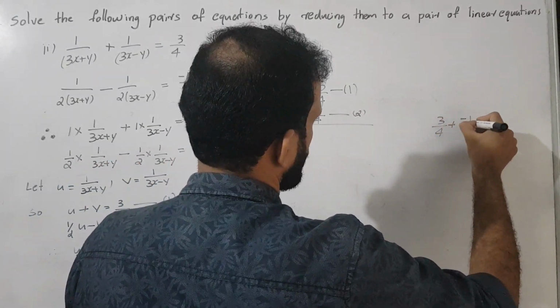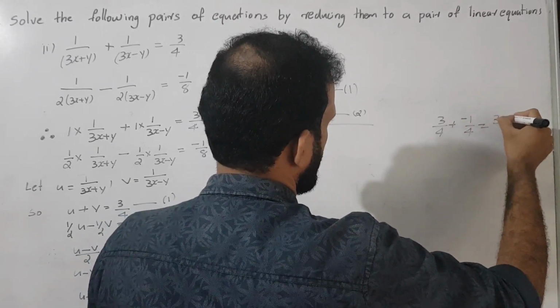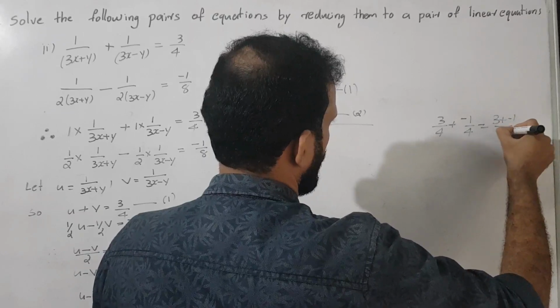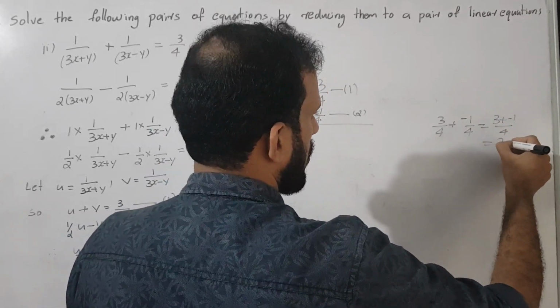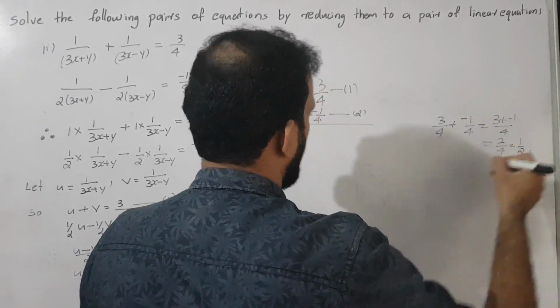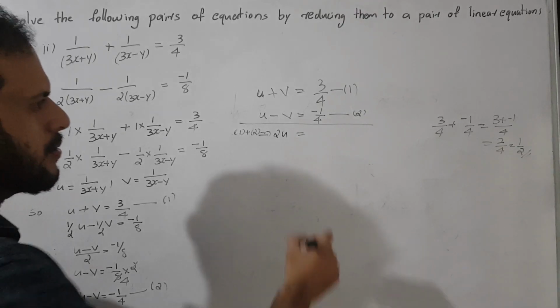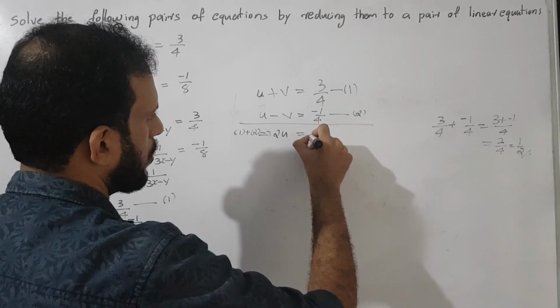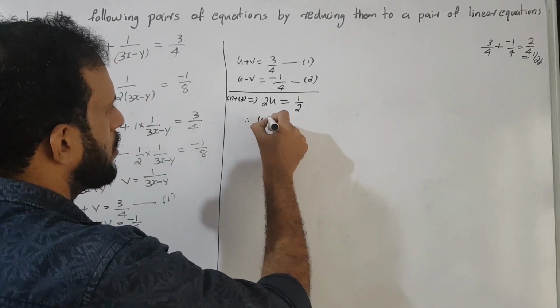plus minus 1 by 4, the denominator is the same, so 3 plus minus 1 by 4, what is 3 plus minus 1? It is 2, 2 by 4 is equal to 1 by 2, correct. So 3 by 4 plus minus 1 by 4 is equal to 1 by 2. Therefore u is equal to